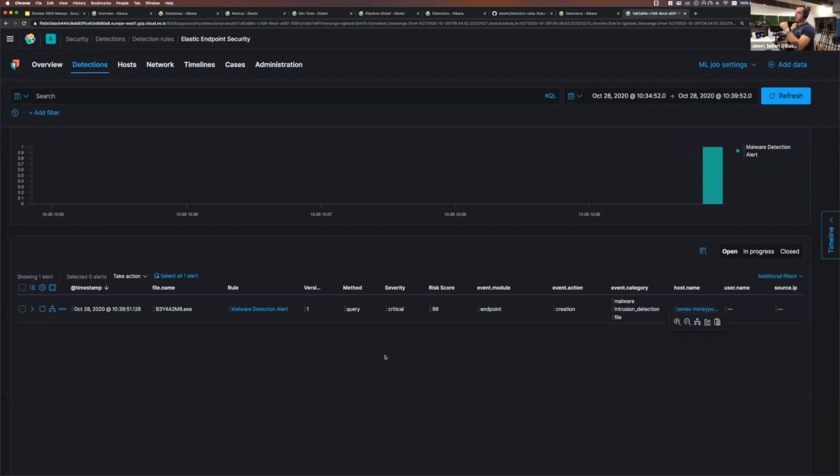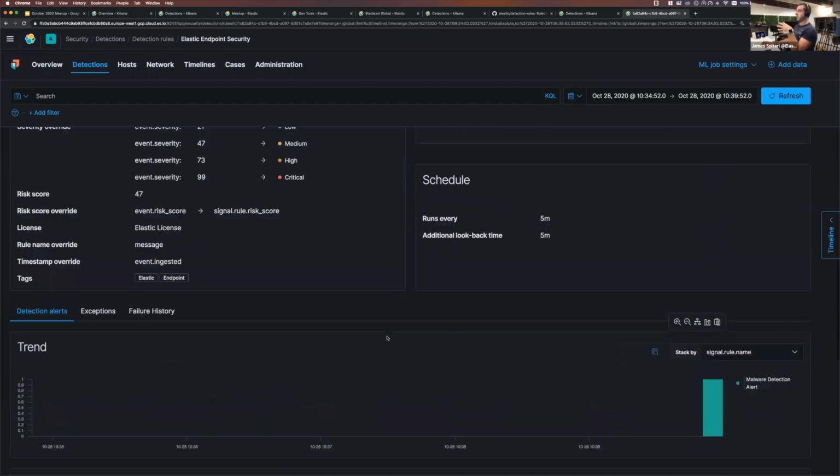And what I did in my case was I added an additional field here to show me what the file was. So there's this funny file here, b3y48 whatever.exe that was detected by our endpoint. Now, there's a couple of ways I can start dealing with this as an analyst. You can see, because it's malware detection with a high score, it's given a high risk score of 99 as well. And this is actually taken from the endpoint itself.